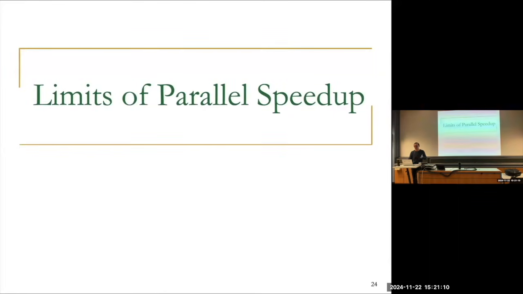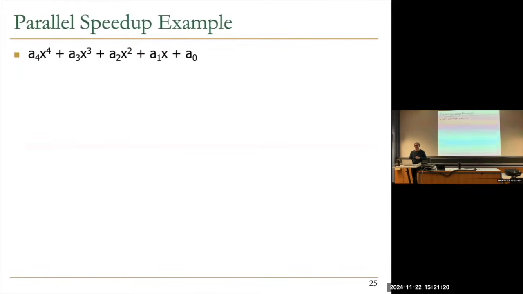Okay. Otherwise, we're going to cover something that is extremely important, I think, when we discuss parallel processing, and that's going to be the limits of parallel speedup. We're going to have some fun. I'm going to ask you to think a little bit. So this is my polynomial over here. The variables a_i are actually constants. The x's are variables; x is an input, essentially. And this is x to the power of 4, x to the power of 3, x to the power of 2, x to the power of 1, and this x to the power of 0, to be complete.